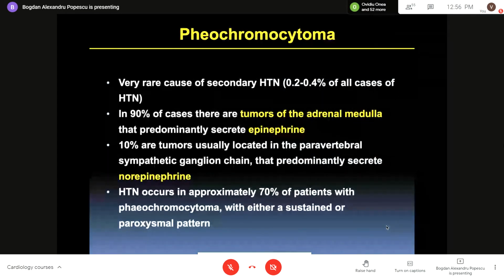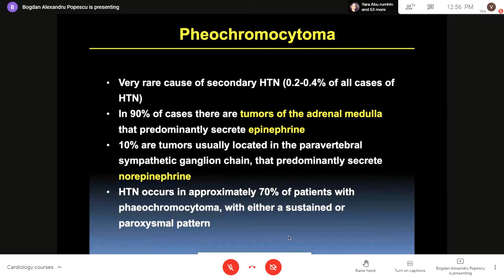And then a number of endocrinological causes that are quite rare, but are important to be identified because, again, there may be a specific treatment. First of all, pheochromocytoma. This is very rare, 0.2 to 0.4% of all cases of hypertension. In 90% of cases, these are tumors of the adrenal medulla